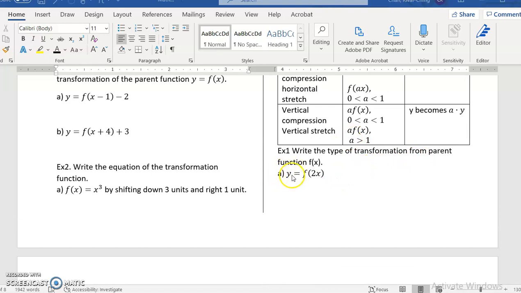Someone writes a function y equals f of 2x. How does this function relate to the parent function f of x? So we can see that the number 2 is being